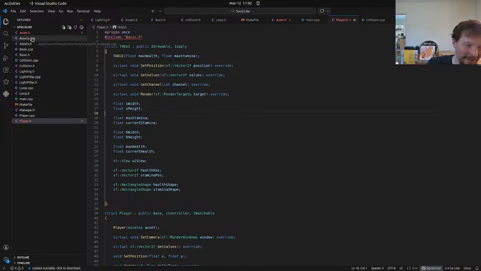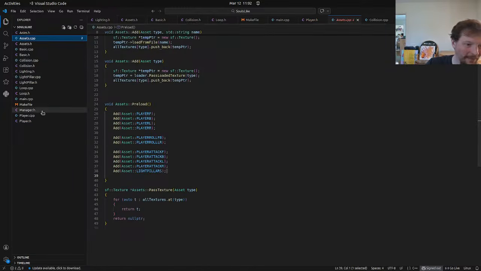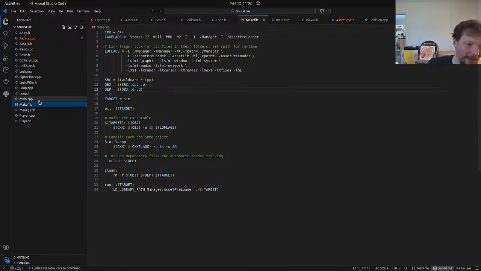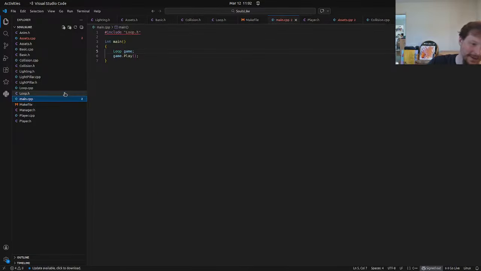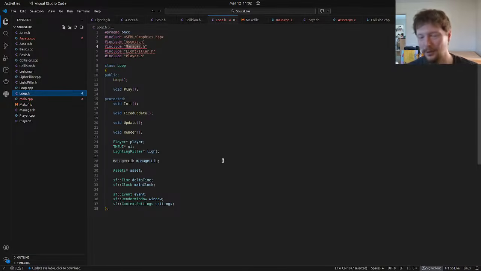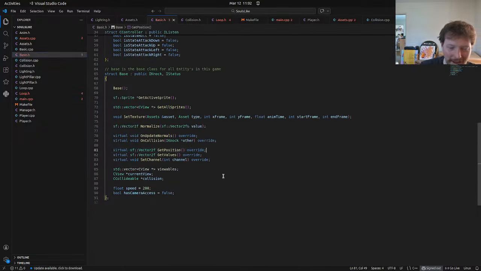Just turns out to be easier. Have the AI make the makefiles, and then from there I can just compile my code and test it as quickly as possible. And this is kind of like the second iteration